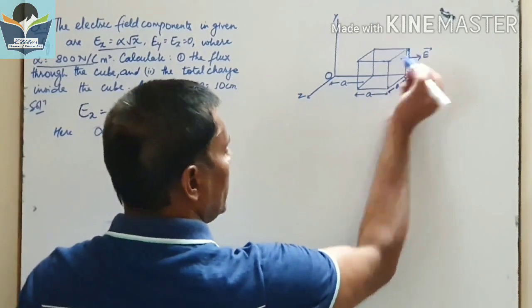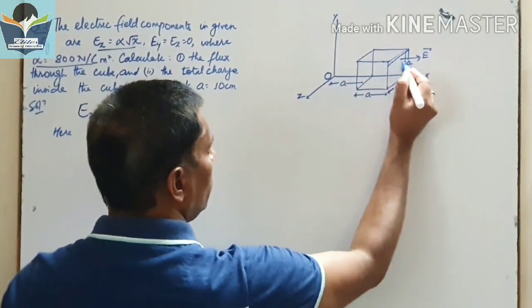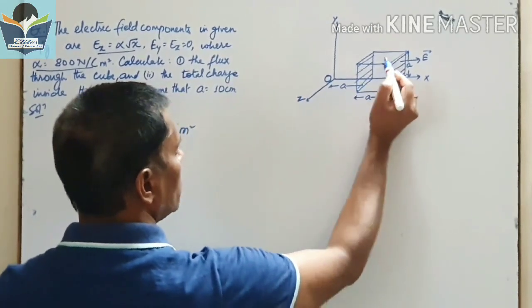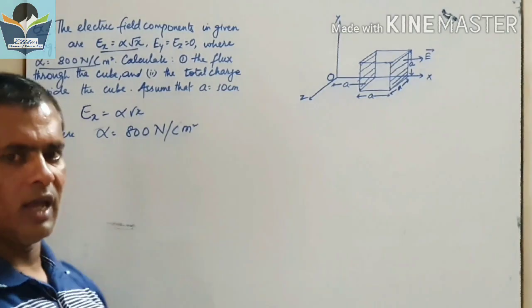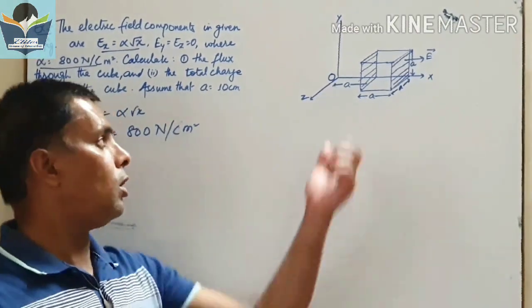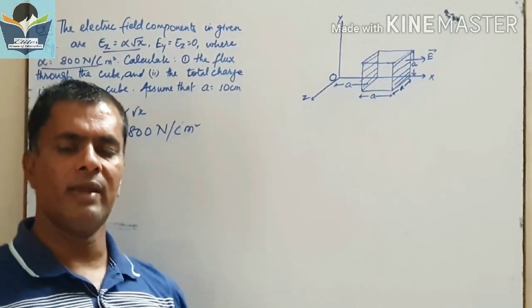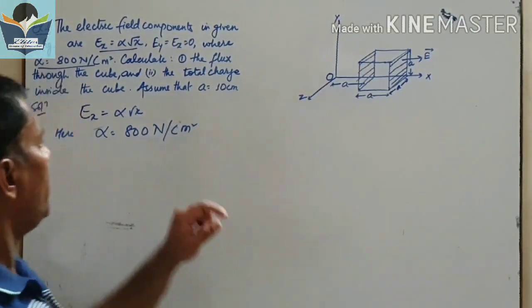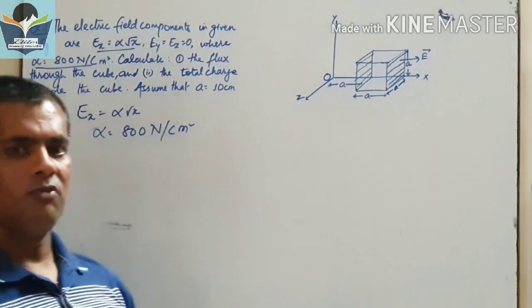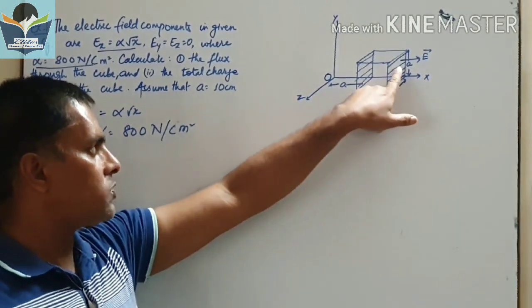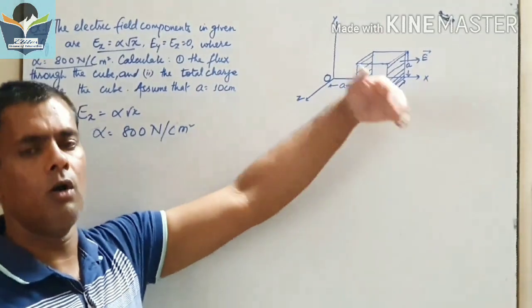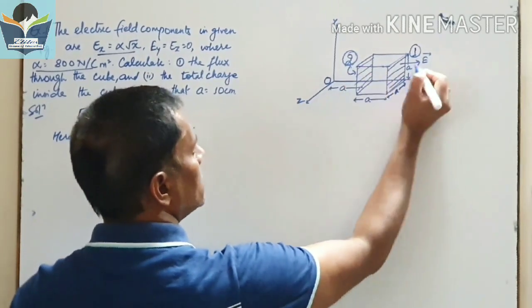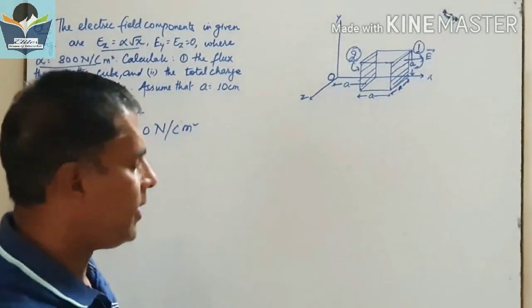Now we just concluded that only these two faces are playing a role in the electric flux. All the other four faces have no role in the electric flux. Only the shaded portions play an effective role. So we have to identify the total flux through the cube. For that, we find the flux through this face, we can say first face or right face, so let it be the first face, and the flux through the second face. That we have to identify.